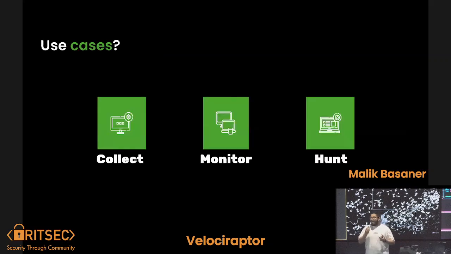So what are the use cases for Velociraptor? It can collect, monitor, and hunt. After you have all of your assets added to the server, you can run commands against them, collect those logs, and monitor those logs to define what is normal and what is not normal. Then you perform your threat hunting to understand if there is anything abnormal, anything that you can catch, or anything that you can record or open an incident based on.